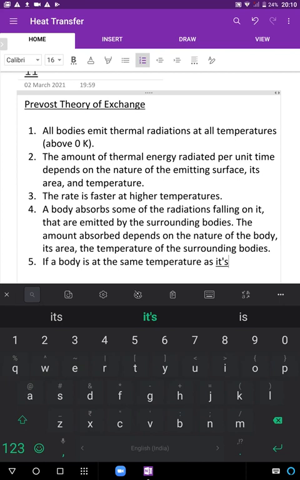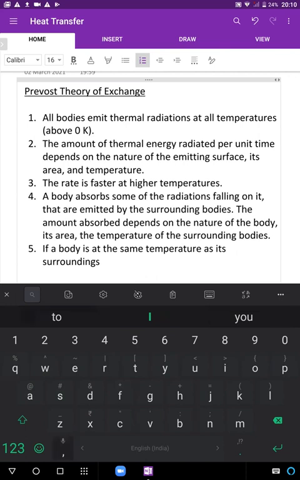what will happen? We know that its temperature will not change. But in fact, a lot of people are saying that there is no heat exchange. Is there really going to be no heat exchange, or is something else going to happen? Are the bodies going to magically stop emitting energy? Somebody is using a very nice word: there will be an equilibrium.